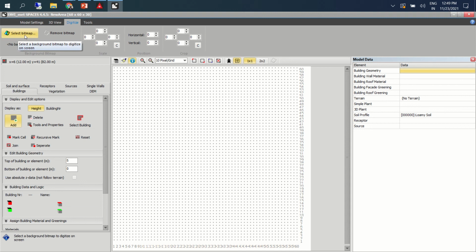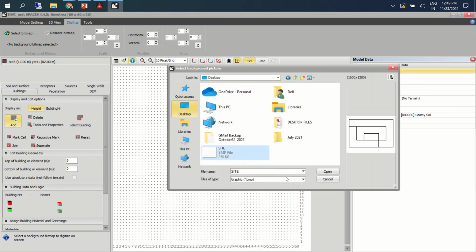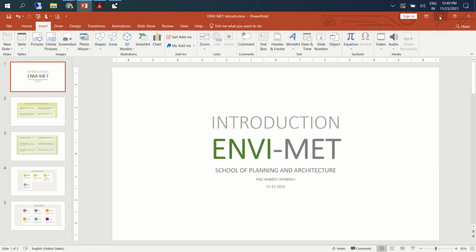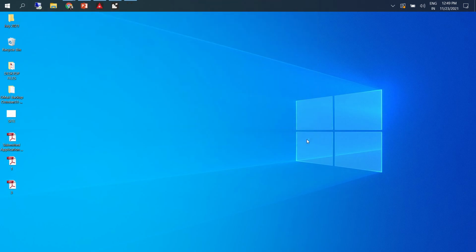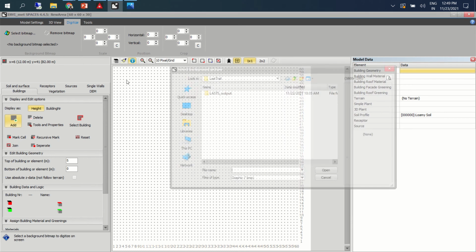You can click on select bitmap and you can bring in some diagrams based on your site and make it. We need building, and maybe greenery and maybe paved and unpaved areas. Like a site plan, if you have, that's more than good enough. You have to have some basic site plan with you, and that can be imported.